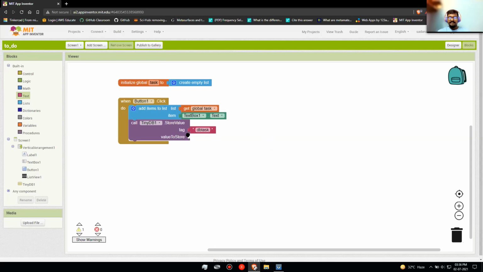So now next is that empty slot. It is asking for a value to store. So which value to store? So again, hover over initialize global task and get global task, and snap it over there.